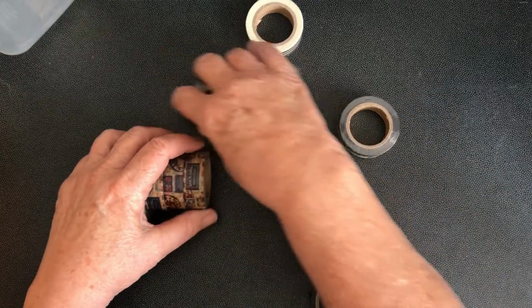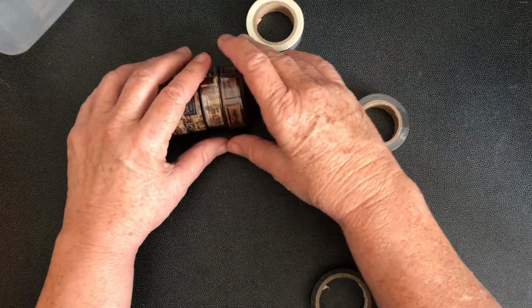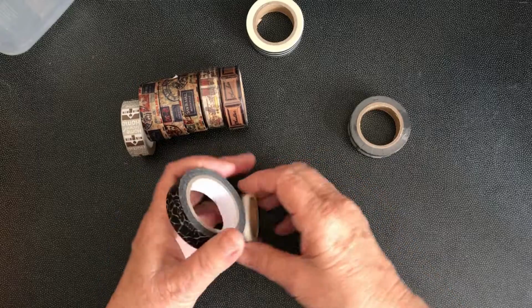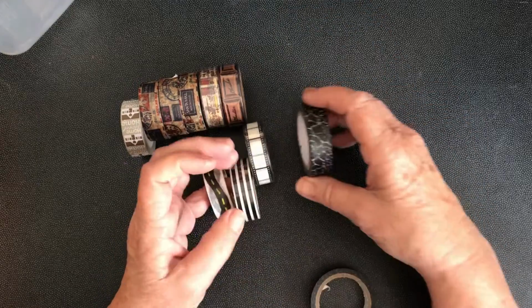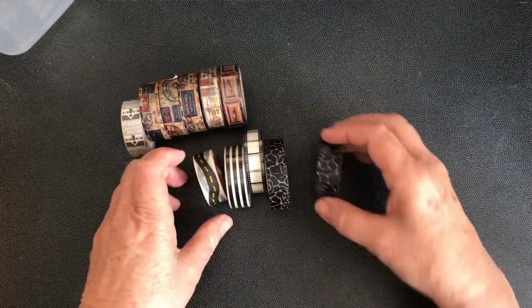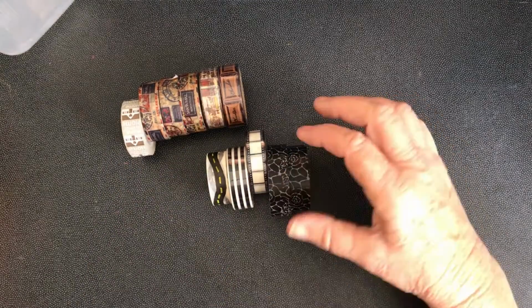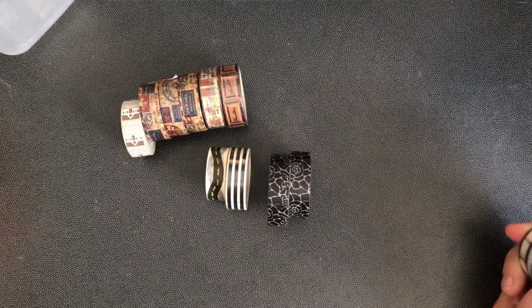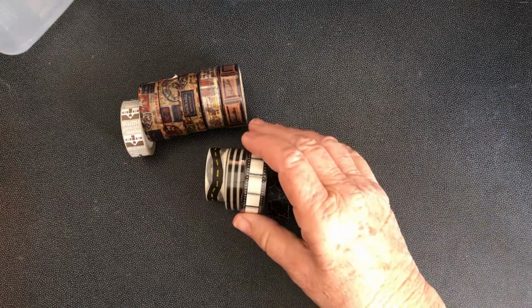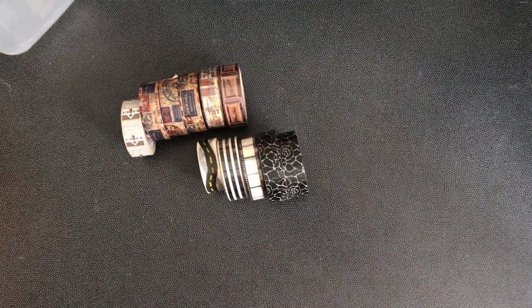maybe, and put them on their ends so that they're easy to see, and so that you can see at a glance what you've got. And then while they're on their ends, you can just take out the one you want and put it back where it came from. Now to me that would be the ideal storage solution,